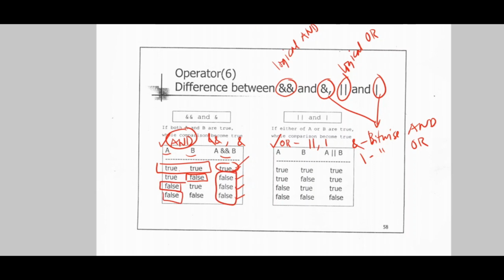On the other hand, for the OR operator, whether it is the logical operator or the bitwise OR, this is the truth table. Notice that this OR operator will result in true if at least one operand is true. We have here true. For this, we have this true or this true. For this, we have this true. For this, we have this true. And the OR operator returns false only if all the operands are false.